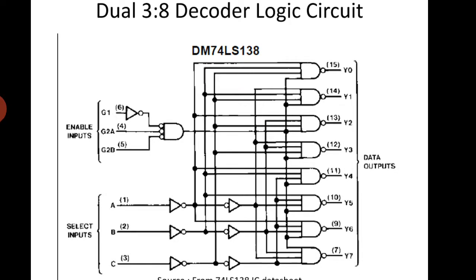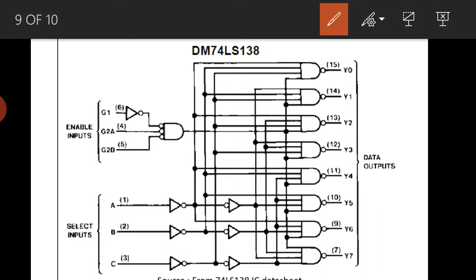Okay, the next, after seeing the truth table, is the circuit of the 3 to 8 decoder. It is similar to the 2 to 4 only. As I told, the difference is the enable signal. This should be 1 and these two should be 0 0. If these 0 0 are at the input of the AND gate, these two will become 1 1, and this will again be 1, because here it will be 0, but at the bubble it is inverted again, so all are 1 1 1. If all are 1, the AND gate output will be 1, which is connected to all the NAND gates. The other things are similar. If I put 0 0 0, the first combination of A B C, then it will become 1 1 1.